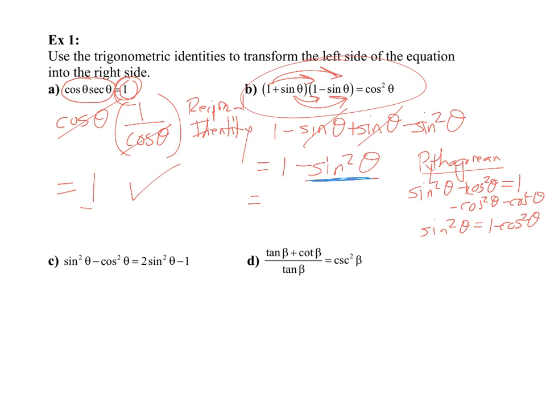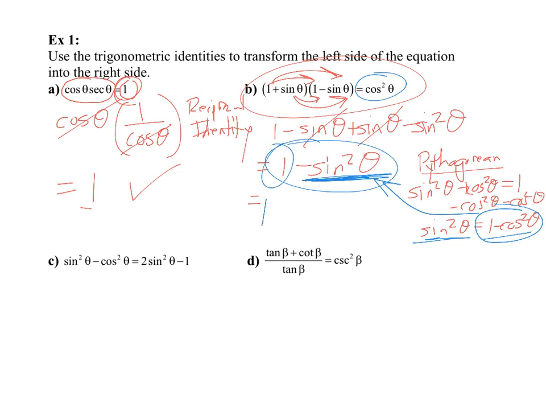So here I have this sine squared here. Somehow I need to change this so it includes cosine squared theta. Well, messing around with the Pythagorean identity, I'm able to come up with an alternate form of the Pythagorean identity, and sine squared theta is equal to 1 minus cosine squared theta. So I take this and I substitute it in for just the sine squared theta. So I end up with 1, which is this piece here, minus this piece, which is now being replaced by this. So that's minus